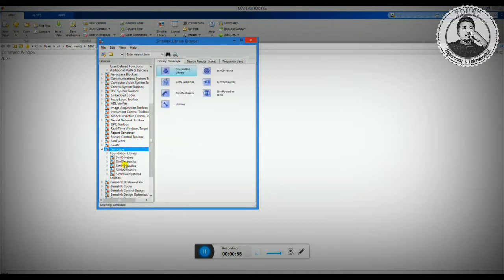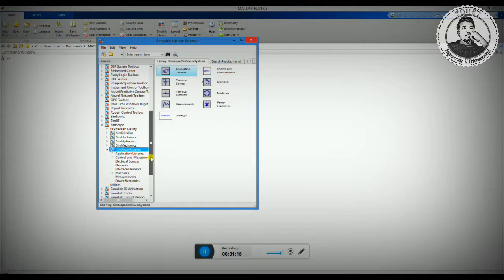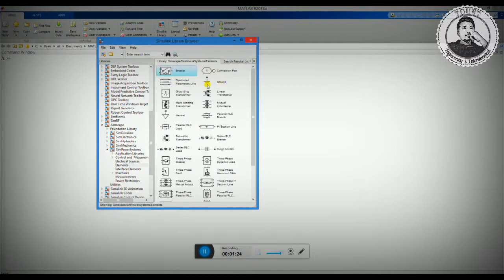And to be precise, as I'm working with power and the transmission line, I need the components from the power side, or you can say high voltage or high current type, high rating components. So for this you have the same power system library in the Simulink. So what do you need to make a transmission line? In the elements, what I need is first